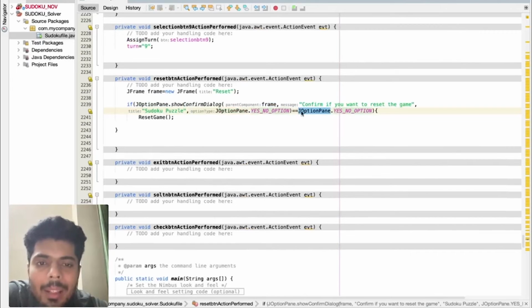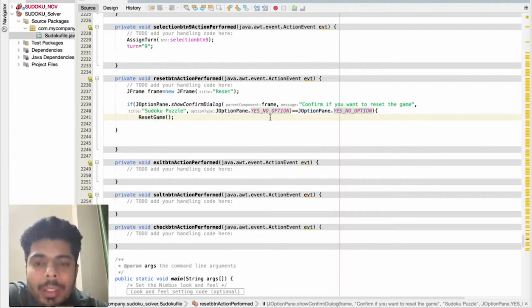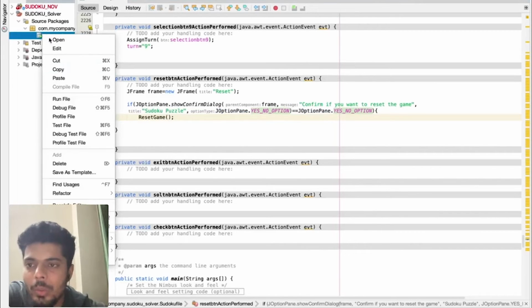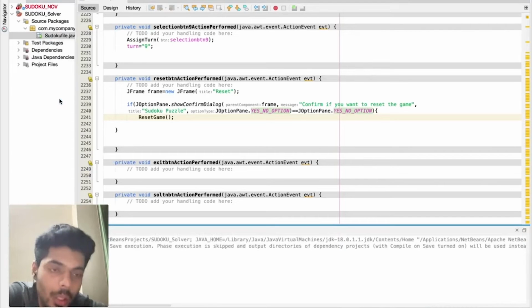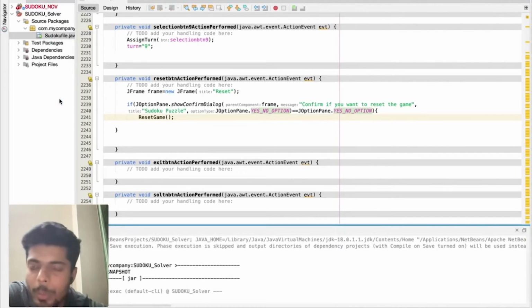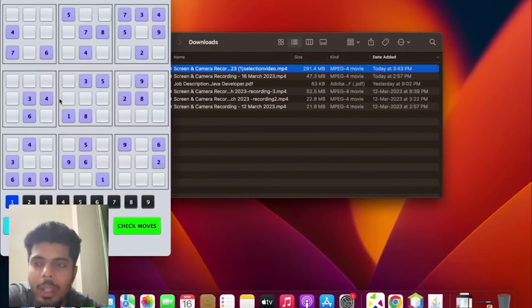Here I am just checking if this yes no option gives me a value true or not. Equal condition. If it is equal to this yes no option, then only I'll reset the game, otherwise I'll not. That means if the user clicks on yes, then only we're gonna reset the game. Now I'll try to show it to you what I actually mean. Upon the click of yes, we want the game to reset, but upon the click of no, we don't want the reset, right? So let's say I filled.